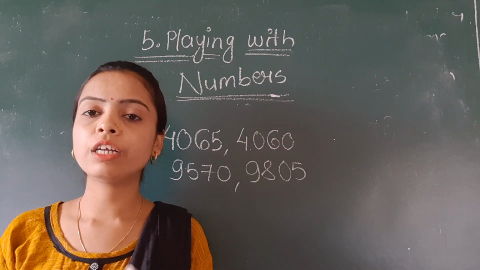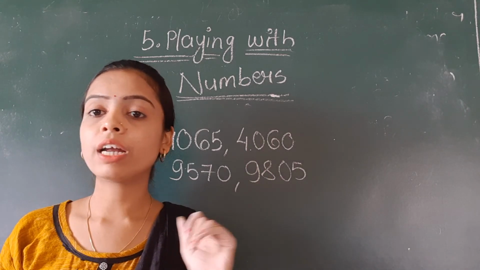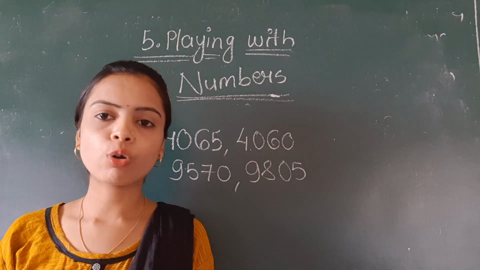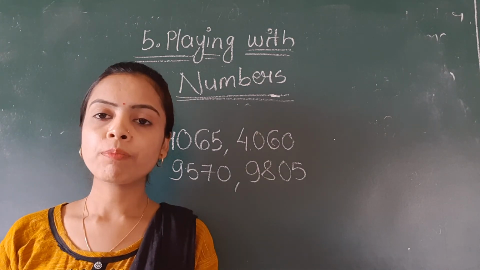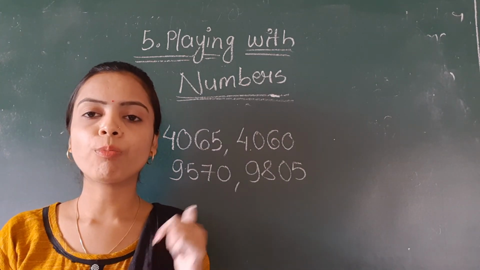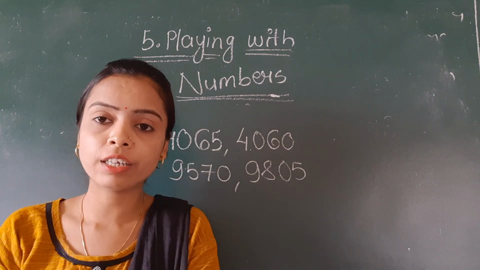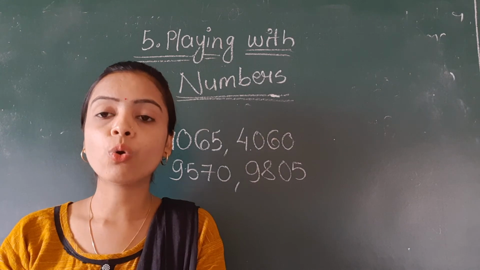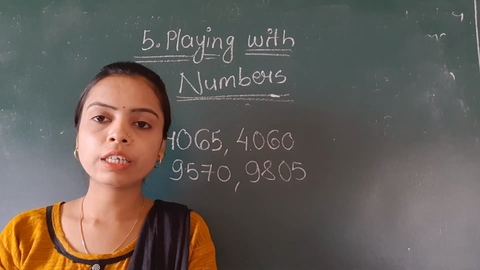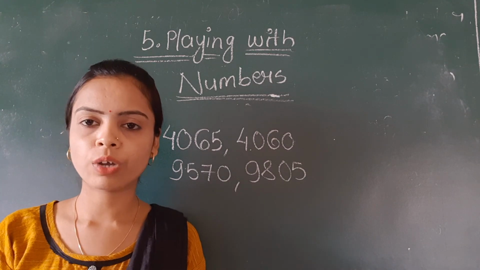So we have completed all the lessons, that is lesson number 1, 2, 3, 4, 5 and 7. Only lesson number 6, that is in the middle, is remaining, which we have already started in our lecture. So all these 6 lessons are completed. I hope all the exercises have been completed in your notebook and you are practicing well. If you have not completed them yet, do it properly and as soon as possible, as fast as you can,